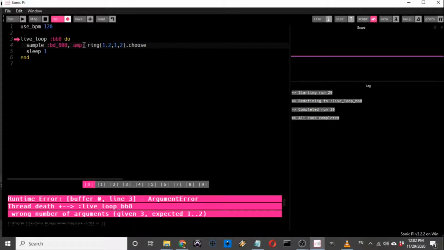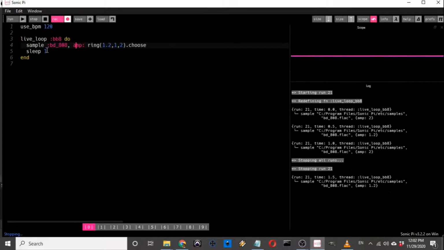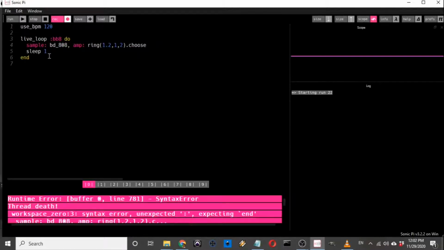Okay. Then there's this thing about the semicolon. Say here I'm saying amp semicolon, and then I'm specifying a ring. But then here I'm saying sample, and the semicolon is in front of the name of the sample. So sometimes you'll get an error like this, like it'll say sample BD8. This doesn't work. So it's all these little confusions that'll screw up all your coding. And see how the color changes also, depending on where you put the colon. So these are all the various punctuation mistakes.